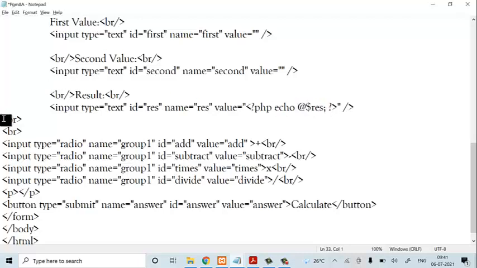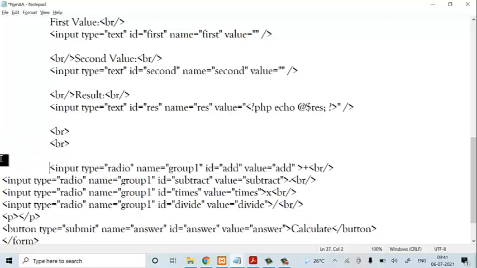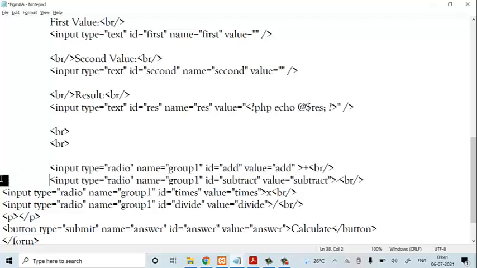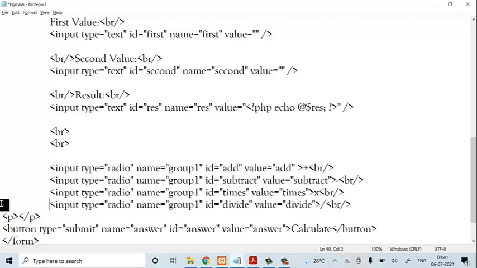This is your result box. Second, I have taken two new lines. After that, I am taking four radio buttons. One is for addition, another for subtraction, another for multiplication, and the fourth one is for divide.